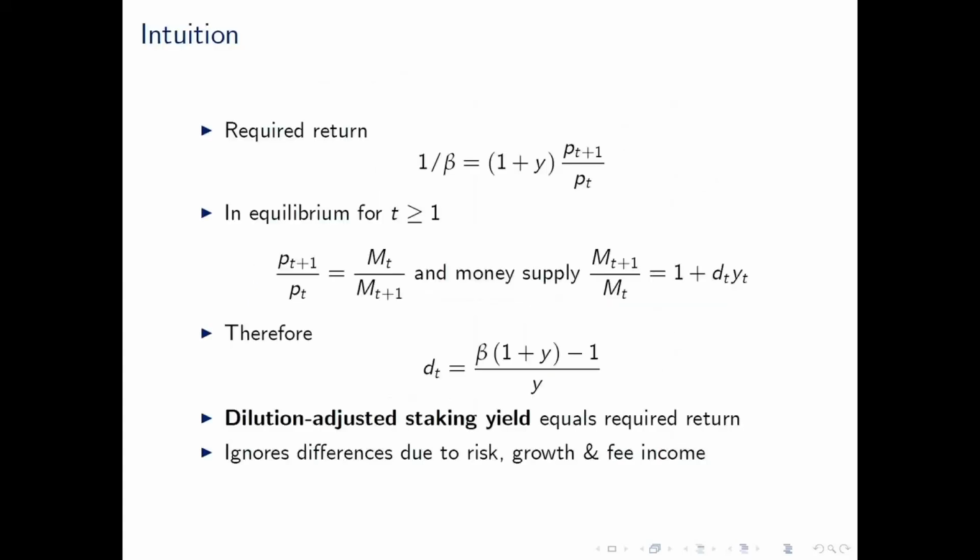So, as you said, what's missing here? Of course, this is very basic, so there are a lot of things that are missing. Not too surprised this is not fitting perfectly. Obviously, there's no risk premium. There's no growth, no differences in growth. There's no fee income. No MEV. And so the model I'll show you next